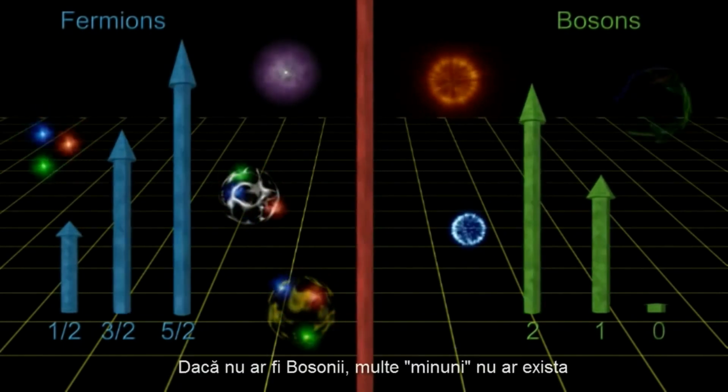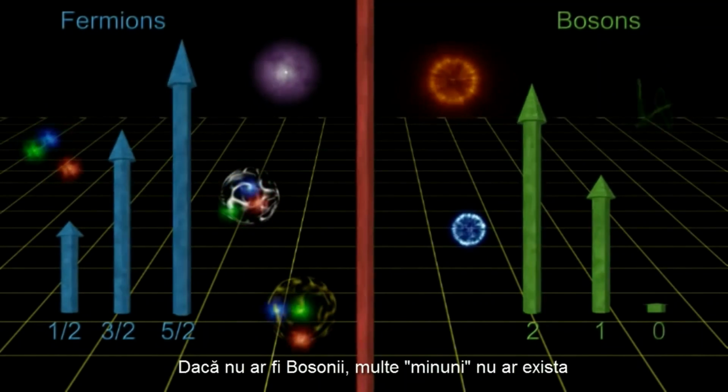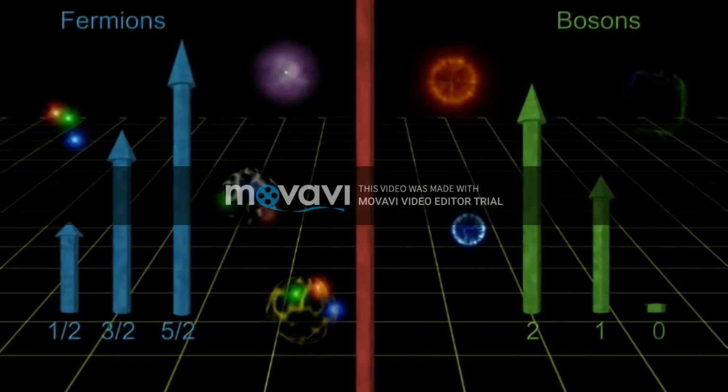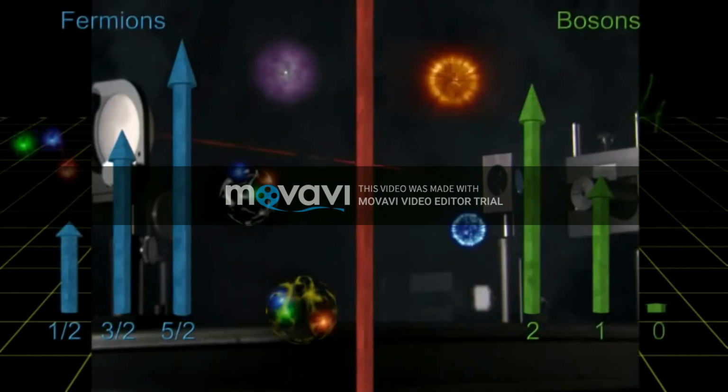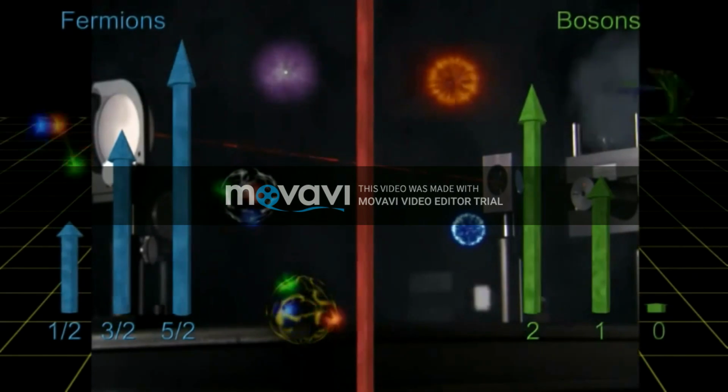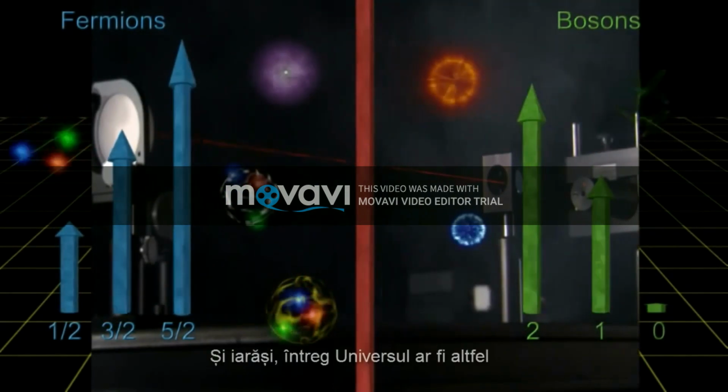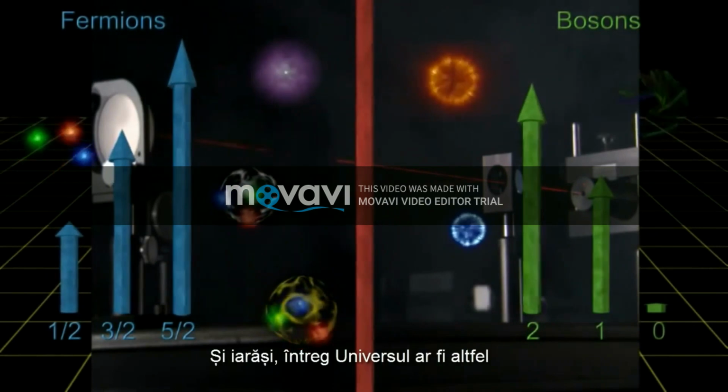If bosons had to obey the exclusion principle, many modern marvels could not exist. Like lasers, which require that huge numbers of photons be in the same state at the same time, and again, the universe